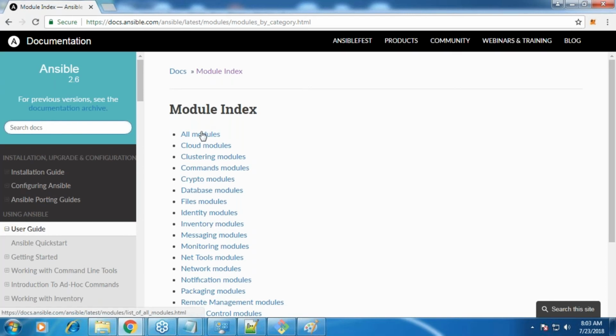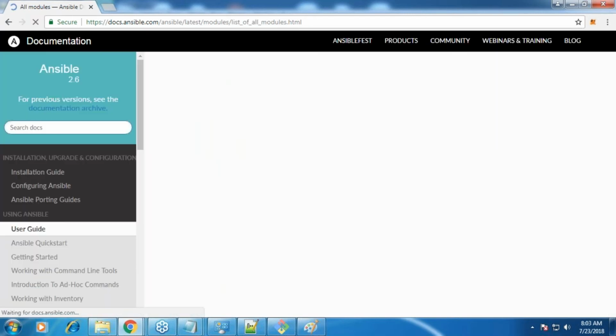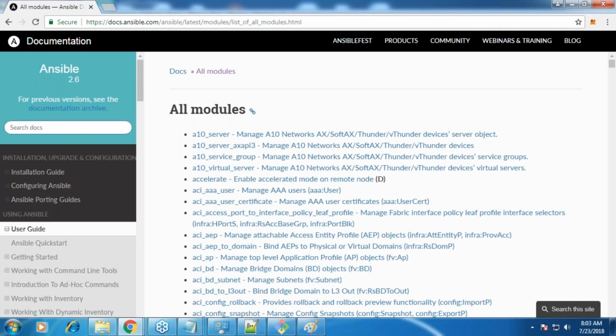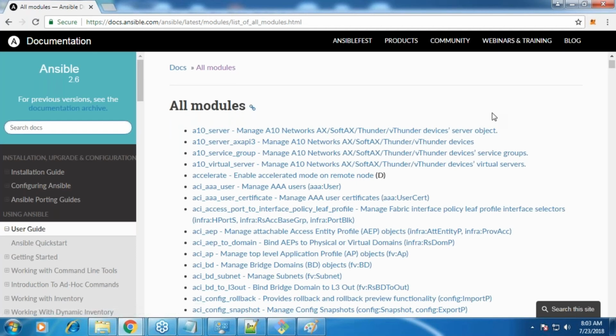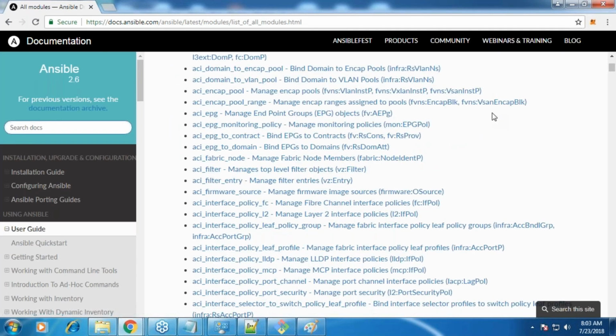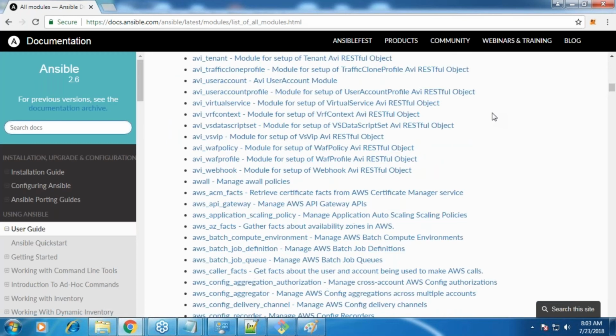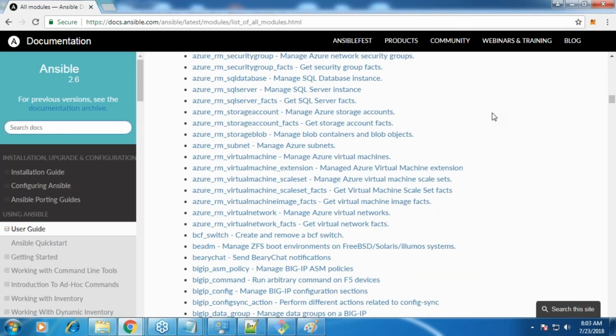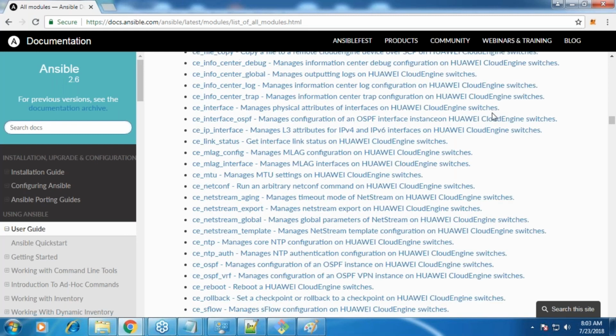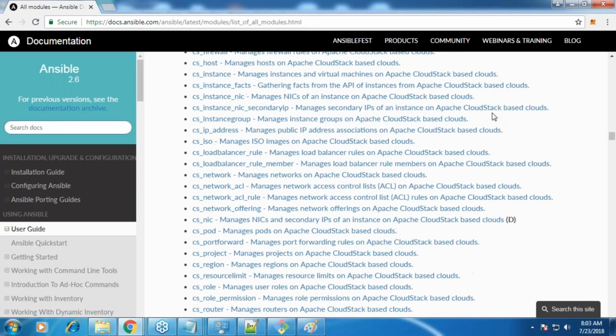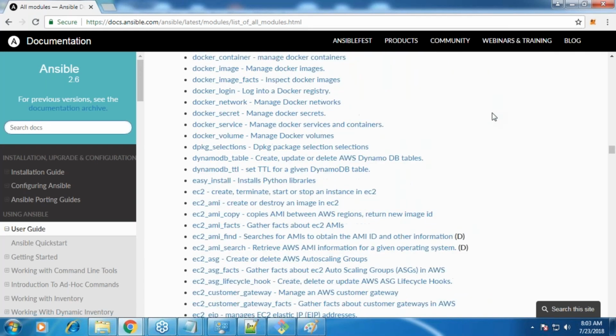Let me go with the all modules section. This is a whole list of modules. For me to scroll down, it is taking this much time. Remember, if you have to learn it all, how much time it will take.